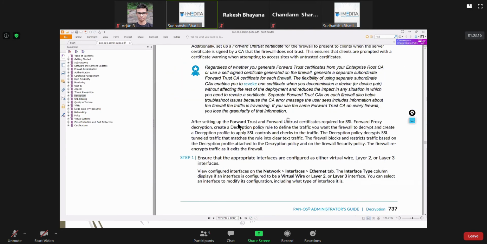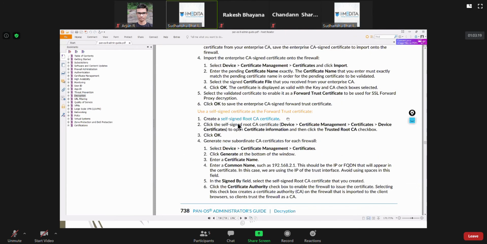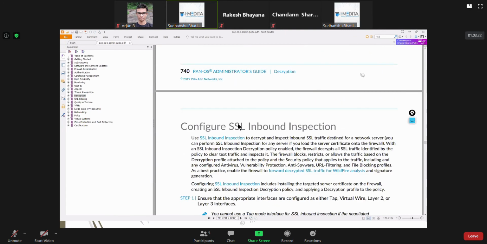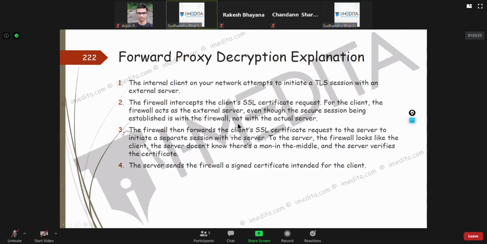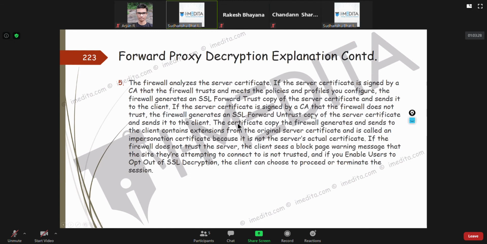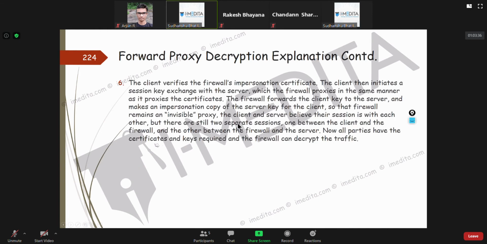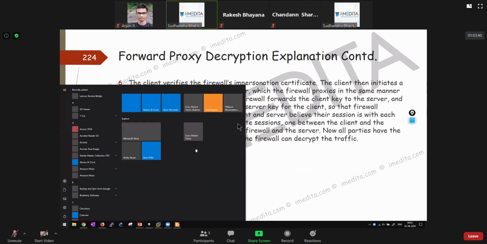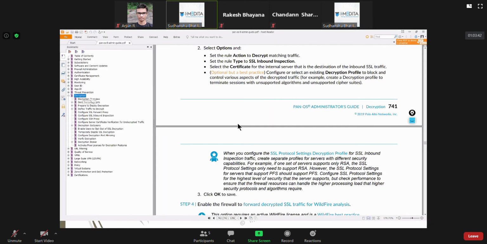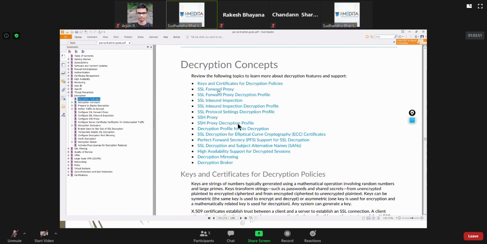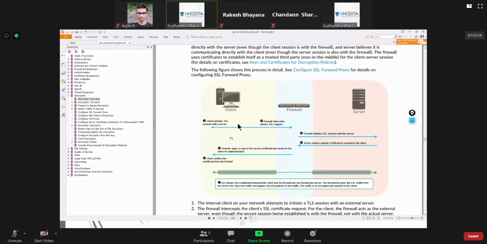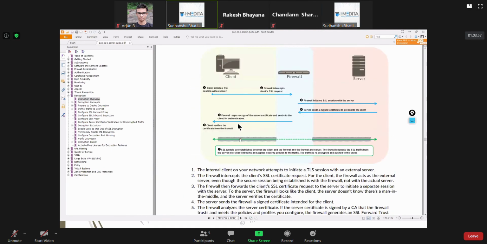They'll also give you a step-by-step configuration checklist. So this is all coming directly from the PAN-OS admin guide. I won't take any credit for it. So read it from the PAN-OS admin guide. Let's not waste time discussing theory here. You can read it. Yeah, okay. Here it is.